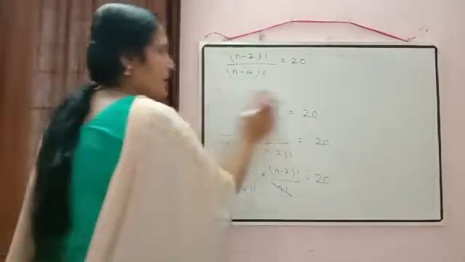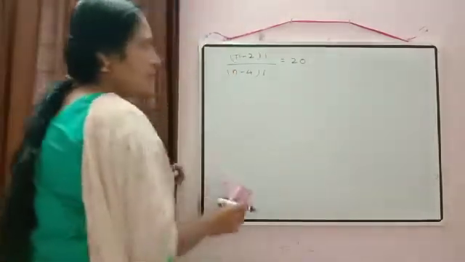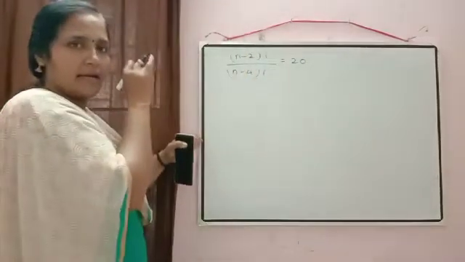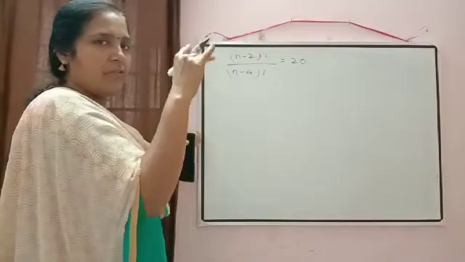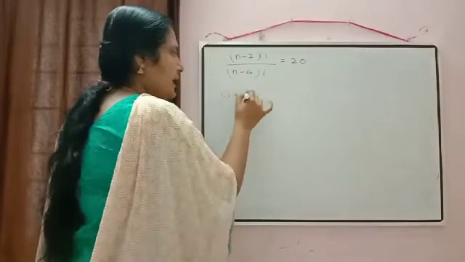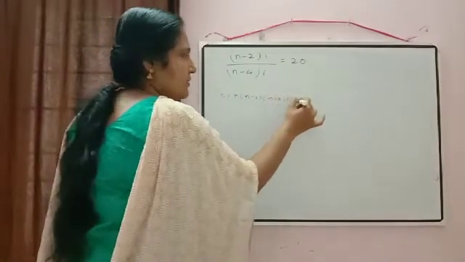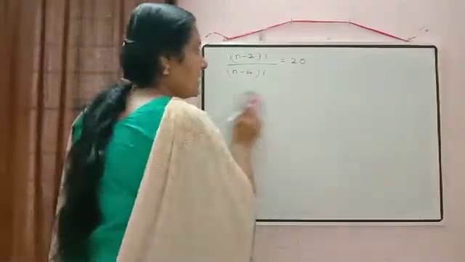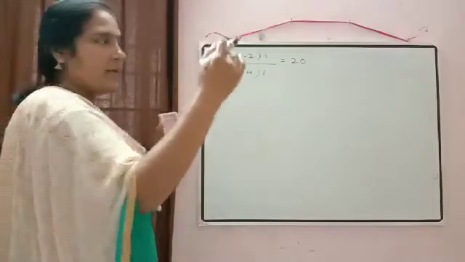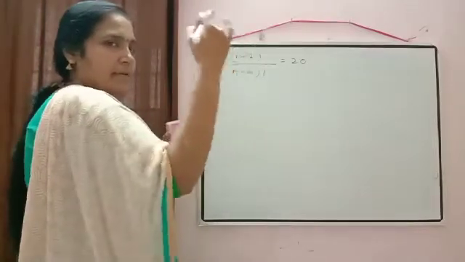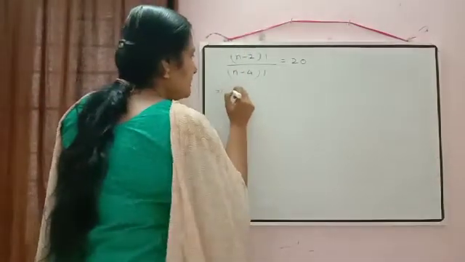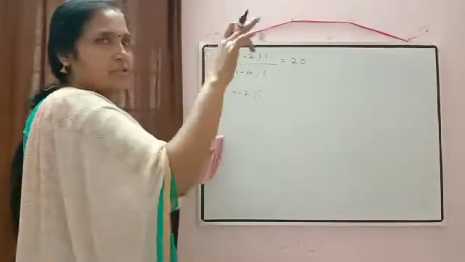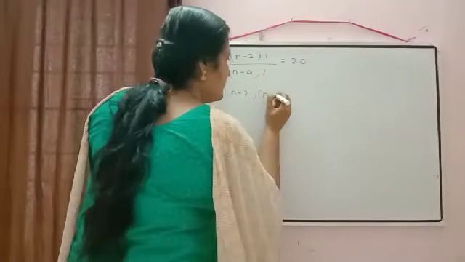So again how we will do now here? Now just to check which number is greater. N minus 2 is greater or n minus 4 is greater? Obviously n minus 2 is greater. Now we are going to use the concept of factorial. N factorial can be written as n into n minus 1 into n minus 2 into n minus 3 factorial. So we'll use this property till we get the denominator here. We have to first write down that number itself and then subtract 1 from that number. So first it will be n minus 2. Now if you subtract 1, what will come? N minus 2 minus 1, so that will be n minus 3.